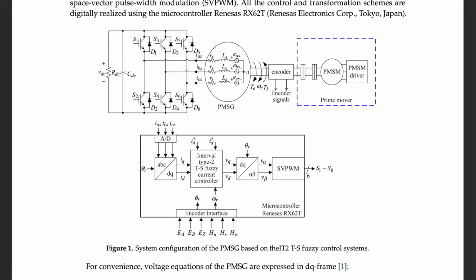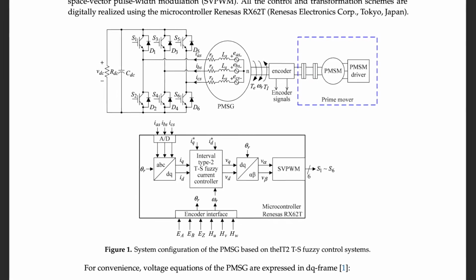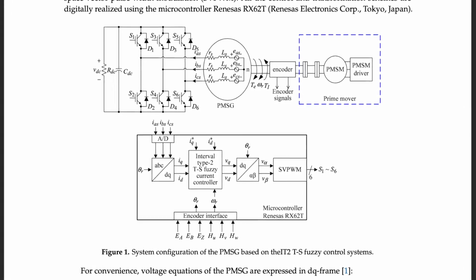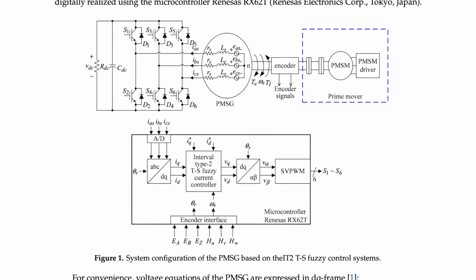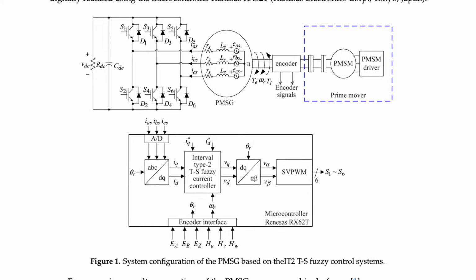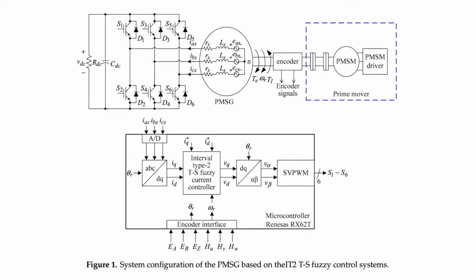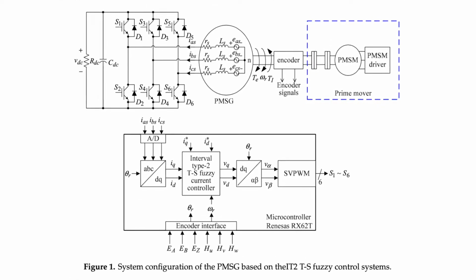In this experiment, the AC power from the permanent magnet synchronous generator will be converted into DC via a three-phase full-bridge rectifier, which is quite commonly used in rectifying alternating current into direct current. But this one is controlled by 6 semiconductor switches as shown in the figure. And this 6-switch full-bridge rectifier is controlled by the main topic of this article, which is the IT2TS fuzzy